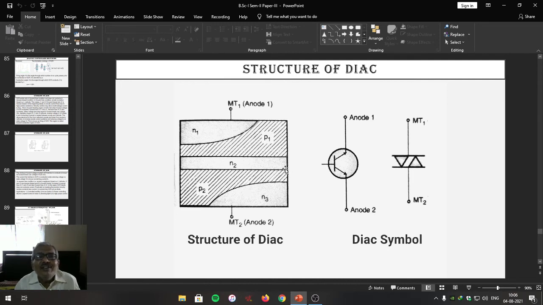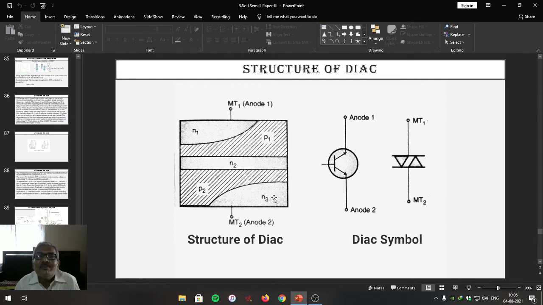If you go on increasing the external supply voltage very close to the breakover voltage, then the depletion layer of Z1 and Z3 totally reduces, junction J2 will break and a channel is created between MT1 and MT2, so that electrons will move from MT2 to MT1 and holes will move from MT1 to MT2 and current suddenly increases through MT1. This happens when P1, N2, P2, N3 layers are in working condition.